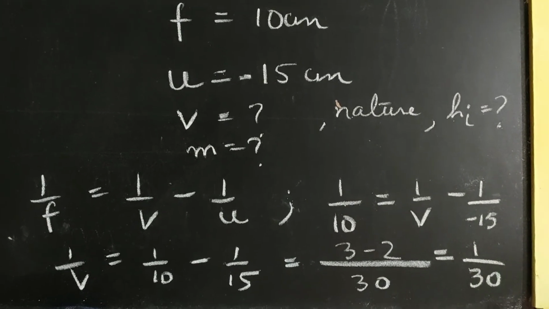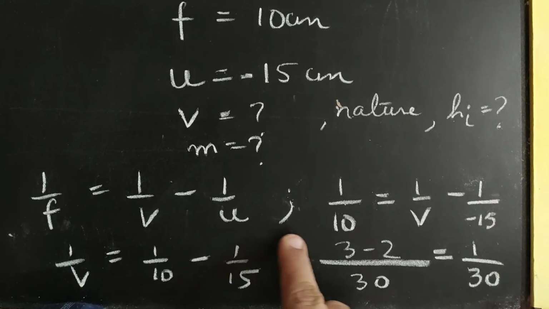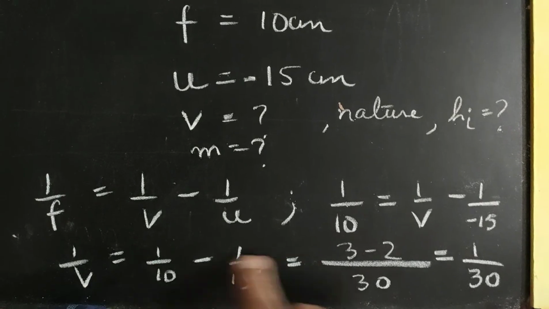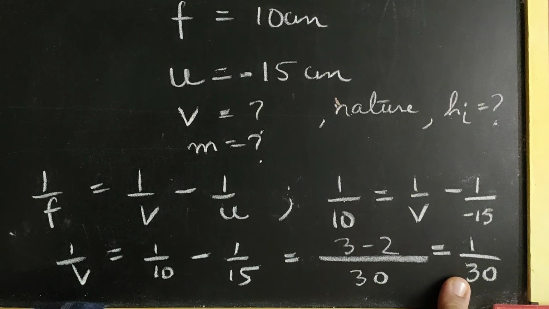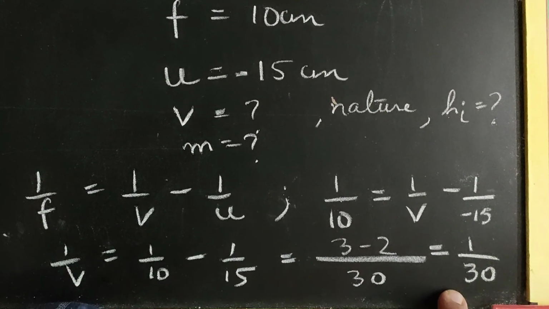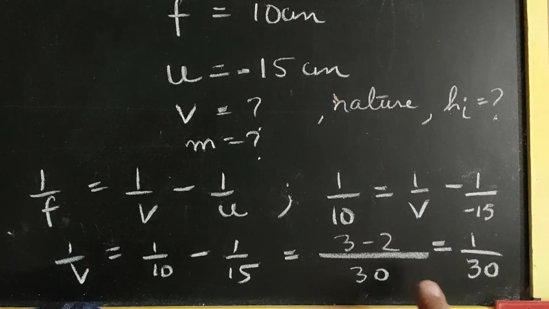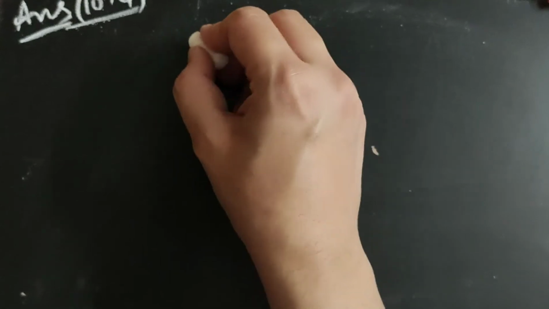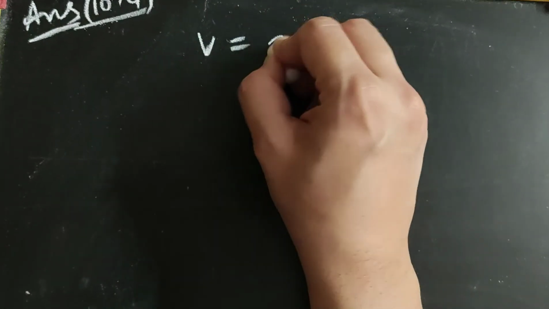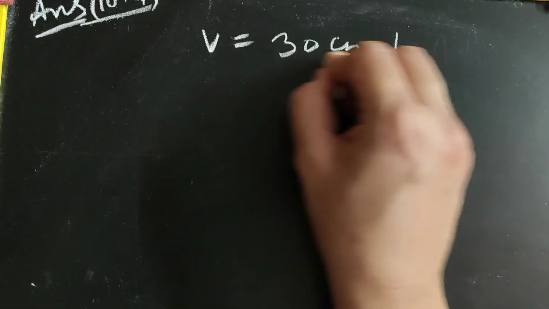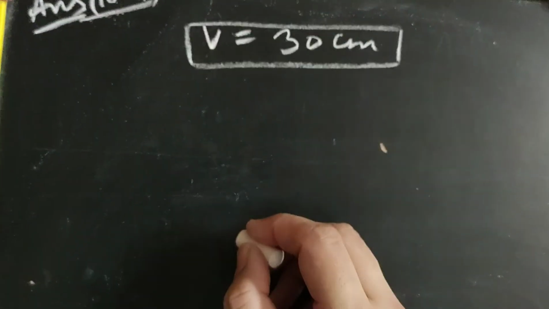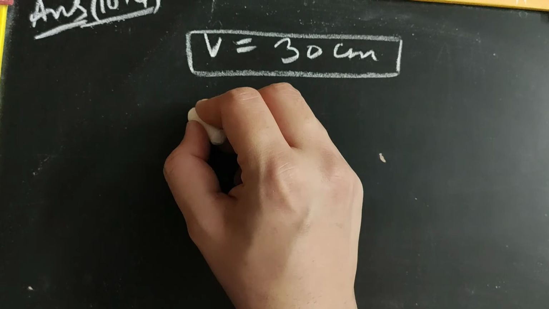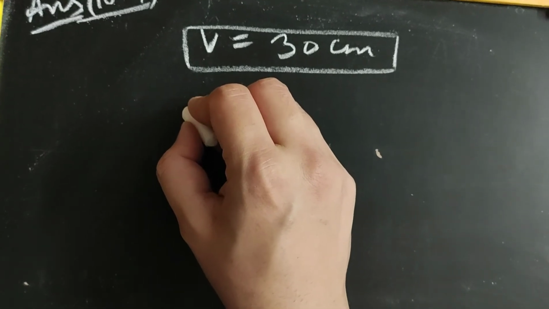Now children, remember, using this equation, we calculate the reciprocal of the image distance. It's 1 by v is 1 by 30. So v here would be simply 30 centimeter. So our v came out to be 30 centimeter. So this gives me the position of the image. Also I had to identify the height of the image and nature of the image.